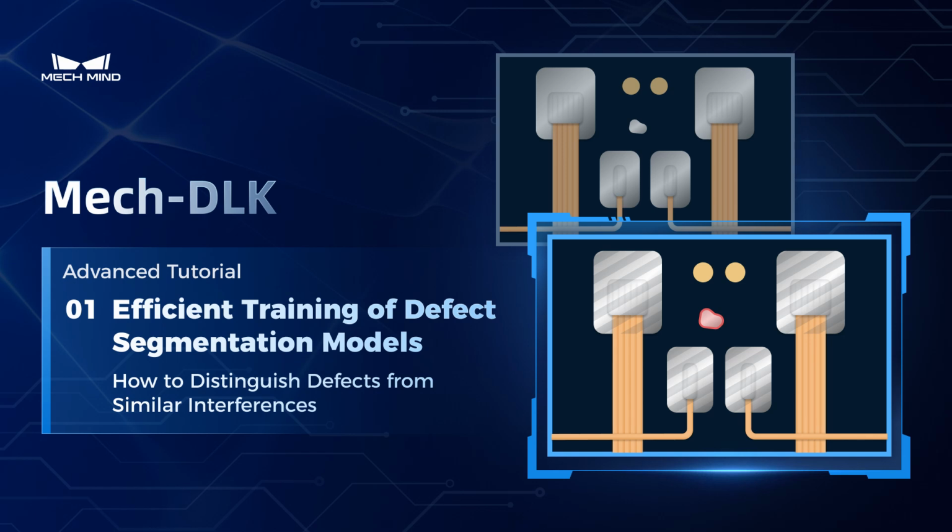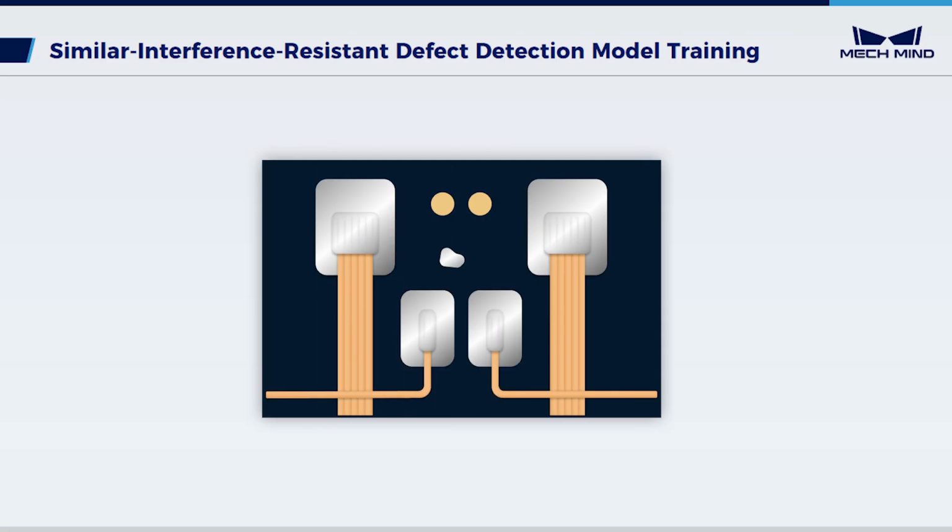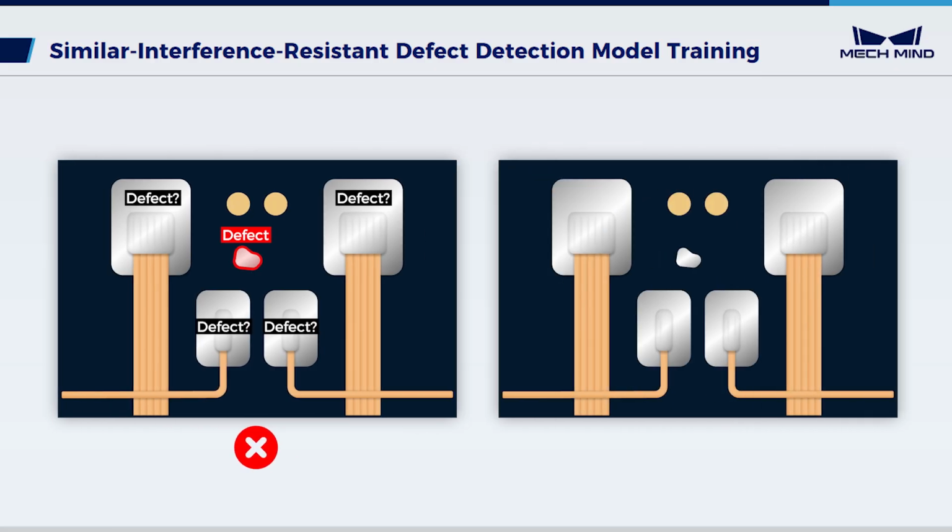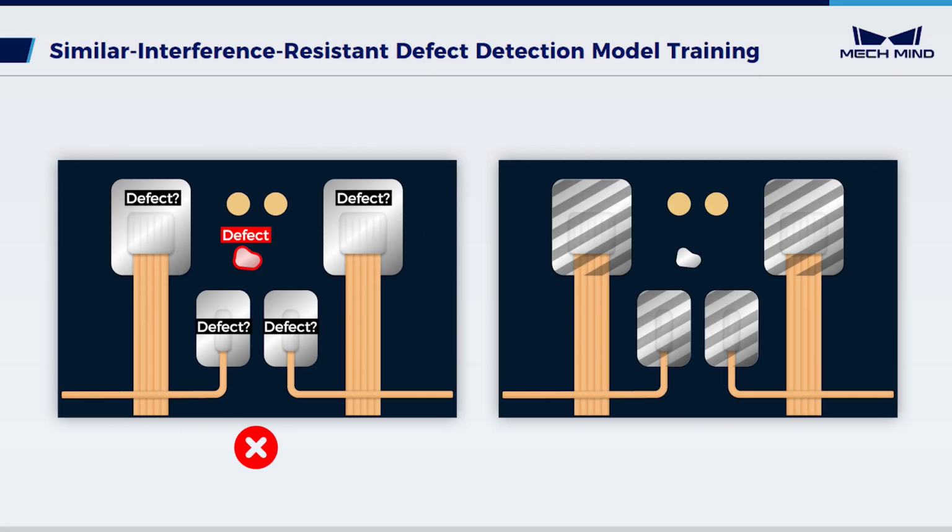This video demonstrates how to use Mech-DLK to distinguish defects from similar interferences in images, enabling precise and efficient data labeling and model training. In defect segmentation scenarios, defects can sometimes appear highly similar to certain normal areas, causing interference during model training. Therefore, using the mask tool to cover normal regions resembling defects is recommended to ensure the model